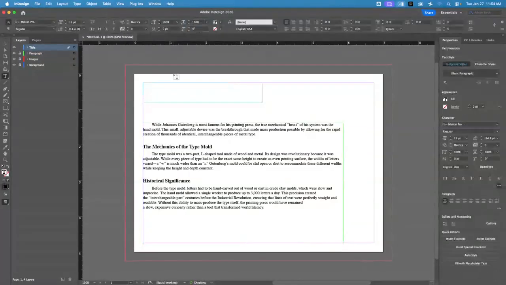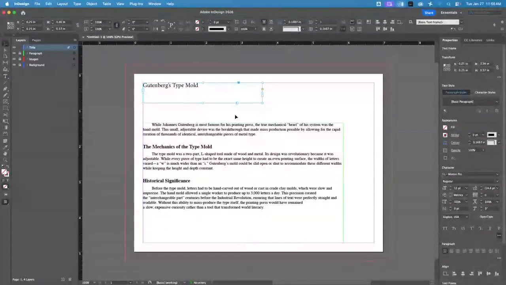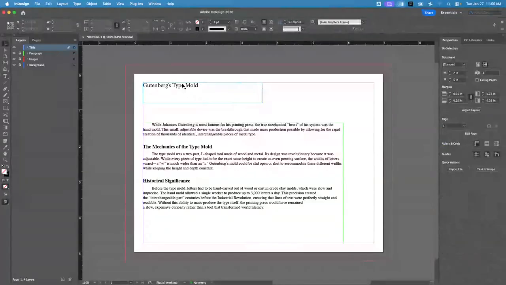And this is Gutenberg's type bold. Probably need an apostrophe. All right, and then this is the title. So then, you know, this is going to be,